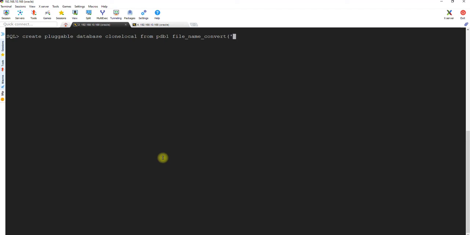And what I will say is copy the files and convert them into the new location. So the old location, the files from where I'm copying, cloning everything, will be from /oradata/cdb/pdb1, and copy it to /oradata/cdb/clone_local.